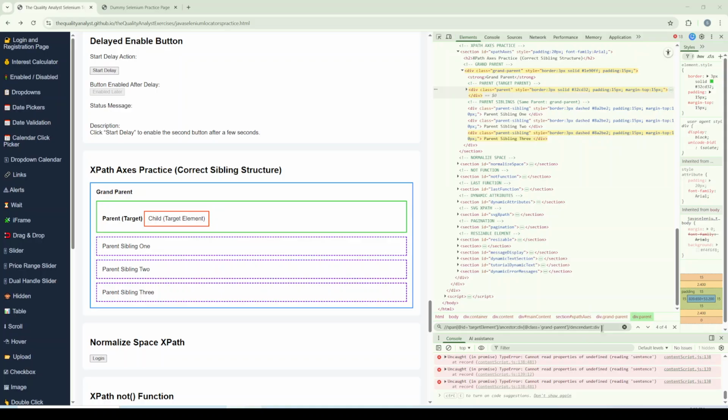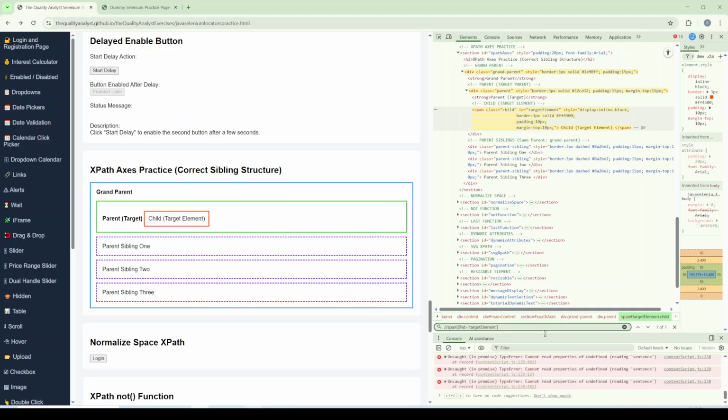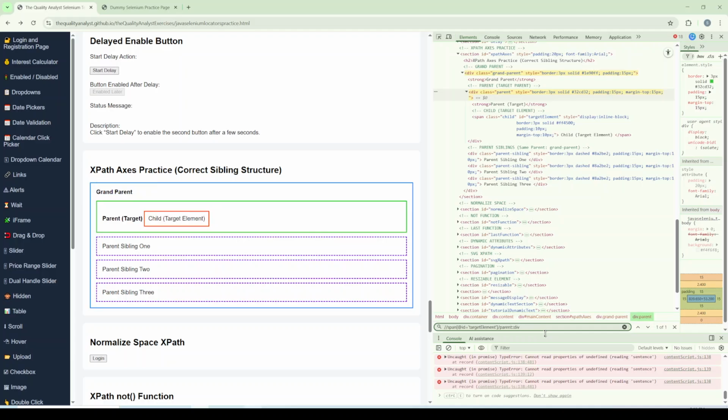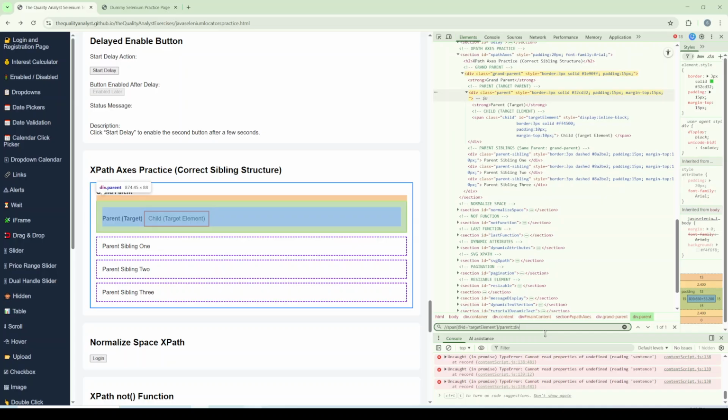Now let's understand how we can locate it. Using the same approach, I will use the target element here, and you see the child element gets highlighted. Then you can go one level up. Here you add a slash, then parent, then colon colon, and then the parent tag, which is a div tag. So you are at the parent level, and now if you want to go to a particular sibling, you can again add a slash and then following, this is the syntax, following